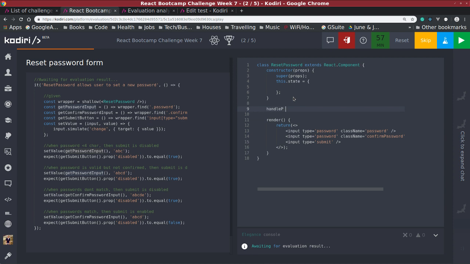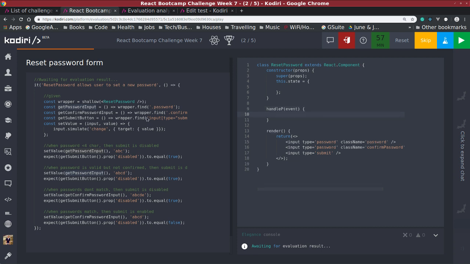Handle P or handle password, and we're going to get the event. We can see that we are going to store it. So when password is less than 4, then submit is disabled. So we need to actually disable submit, because after every check it's going to check if our submit's disabled property is equal to true or false. So submit's disabled property can be defined here, disabled,